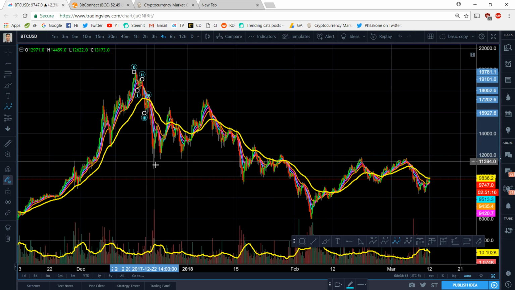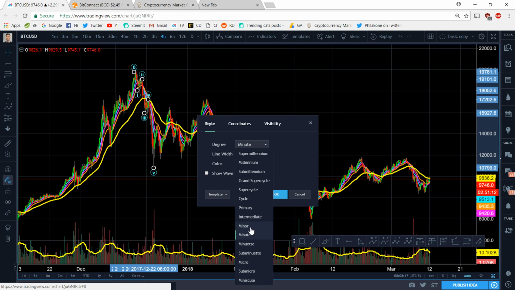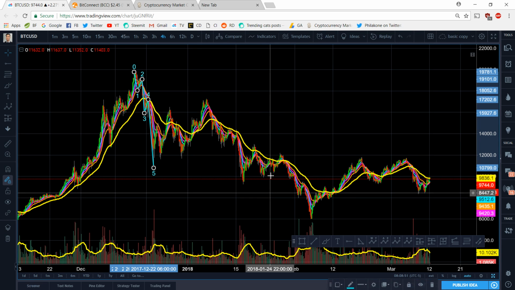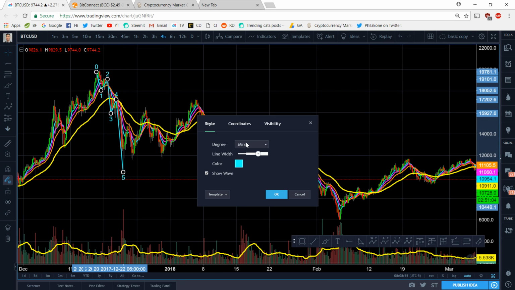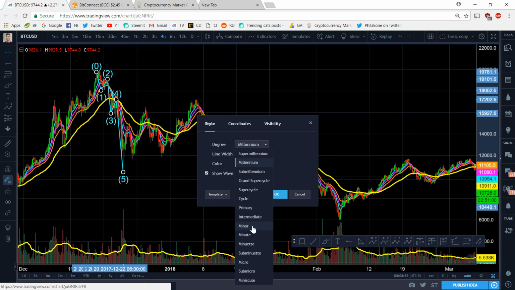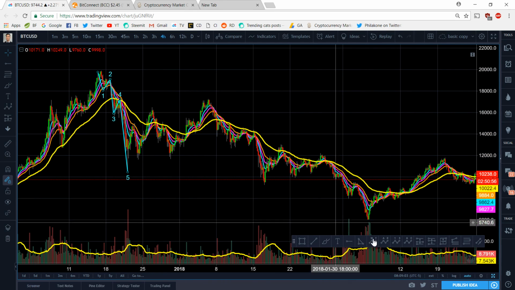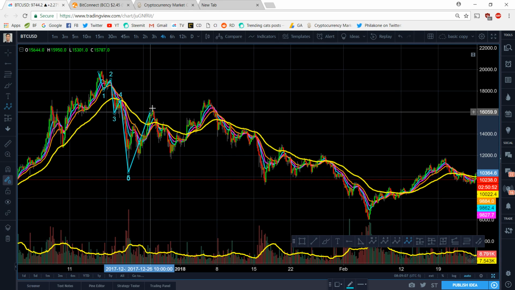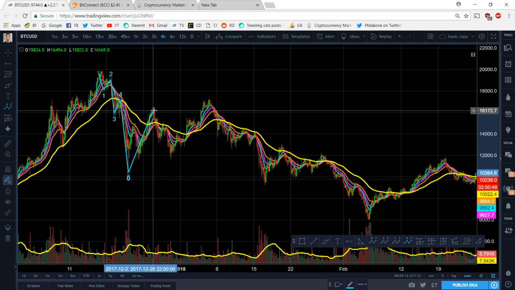So the way I saw this originally was waves 1, 2, 3, 4, 5. If you guys don't know, whenever you draw your waves on here, you can double click on it and change the degree of them as well, right? So you can click on degree here, you can make it millennium, etc. I usually like to use minor and minuette for the smaller ones here. So I saw that as a 1, 2, 3, 4, 5 coming down, and I simply saw this right here as ABC, as the first ABC rather,